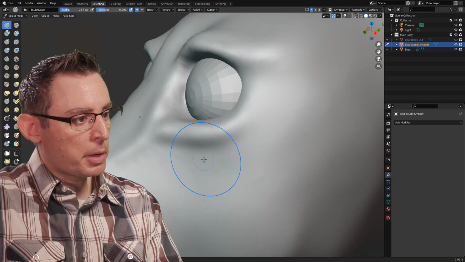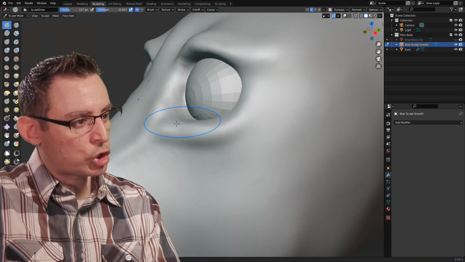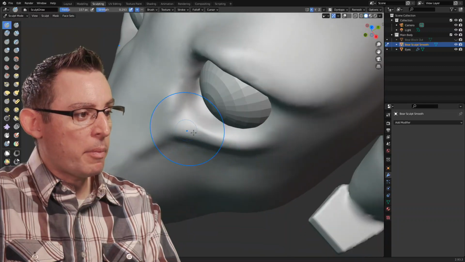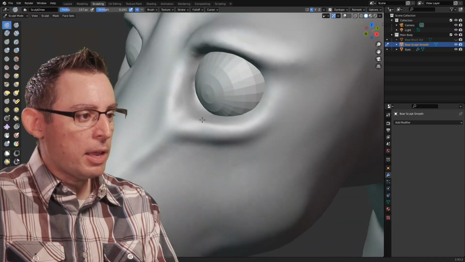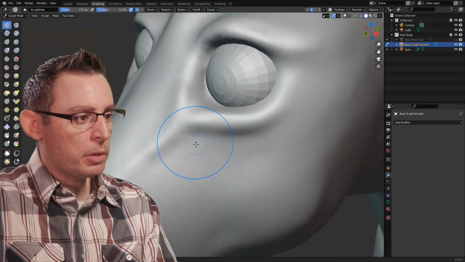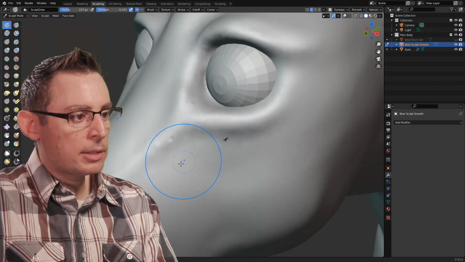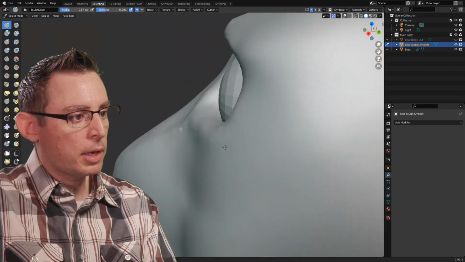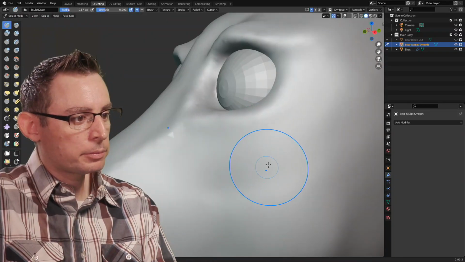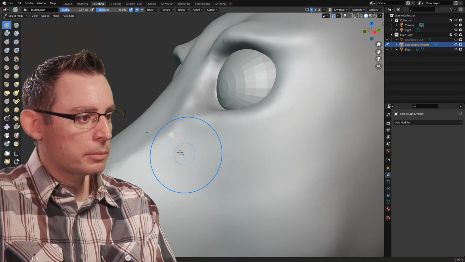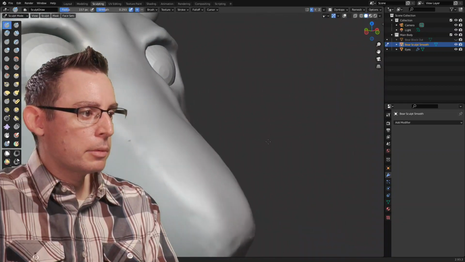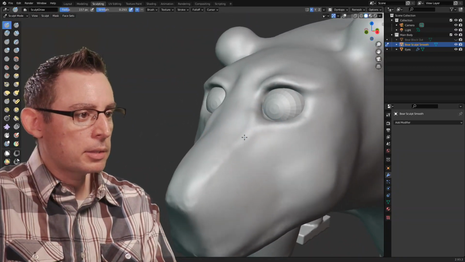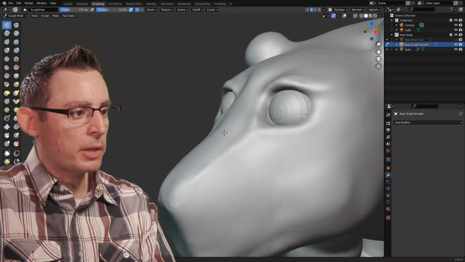Make my brush a little bit bigger. The underside, see how it's a real sharp corner there? Well, this is the cool thing about our sculpting engine, is that I've made a great plane change, but then it falls off very quickly. Well, let's just go ahead and add some mass and some volume underneath it, smooth it out. Yeah, now we're talking. Now we're getting there. We're on our way. We're on our way to a nicely detailed little bear face.